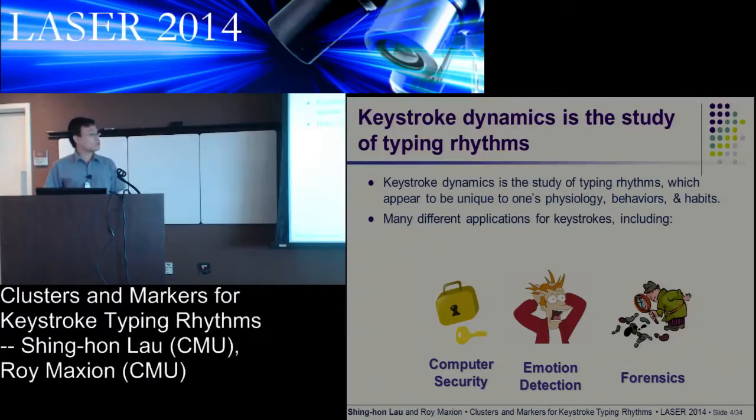In terms of emotion detection, a common use case for computer security would be detecting stress. So you imagine that you have some kind of insider who's trying to perpetrate some misdeed. While they're in the process of perpetrating that misdeed, they're likely to feel a great deal of stress. And if you can detect that stress, you might be able to take some actions that would mitigate the damage